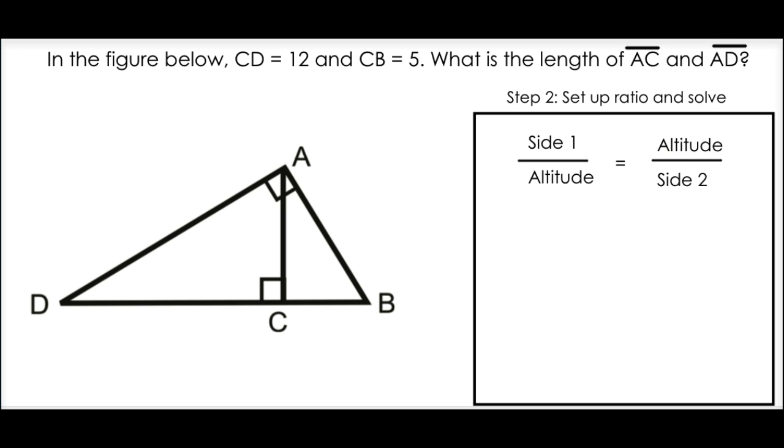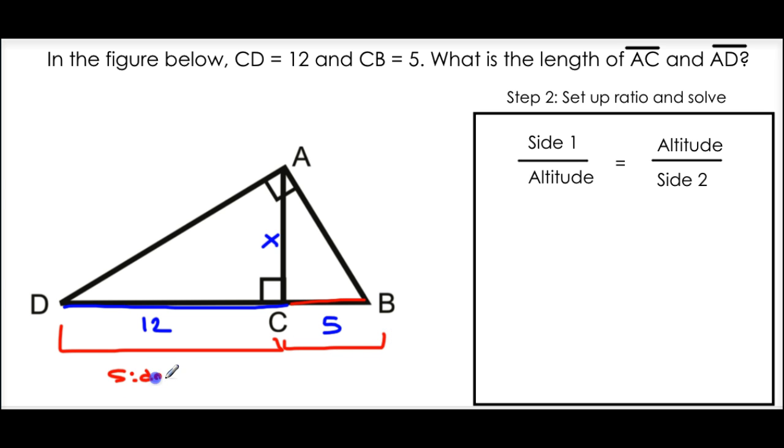Okay, this one's going to be a little more difficult. In the figure below, CD is equal to 12, which is over here, and CB is equal to 5, which is over here. What is the length of AC and AD? Well, AC, which is our altitude, we're going to put an x for it. And there's a little trick that I'm about to teach you, and you're welcome because it's about to happen. You can only use it when you have this situation. So when you have the two pieces of your hypotenuse on the bottom like this, the first piece and the second piece, which we're going to call side 1 and side 2,